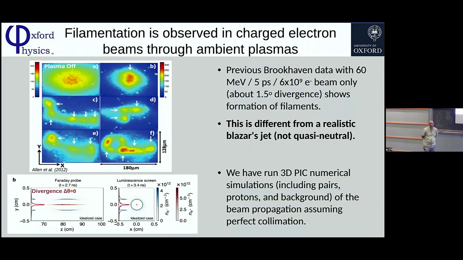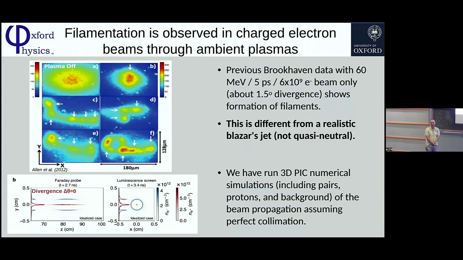Okay, but one more question. If there was a filamentation instability, the beam of pairs should have created overdensities, right? You should have had little overdensities of electrons and positrons. You showed this FLUKA simulation against the experiment where you actually measured the density of pairs. Can you do the same thing after it passes through plasma? Have you done it? Yes. And you see just nothing? No, we see a very homogeneous distribution again. So nothing changed when you introduced it? Well, something changed. The beam got larger. We have a different distribution, but there are no filaments that have been formed.